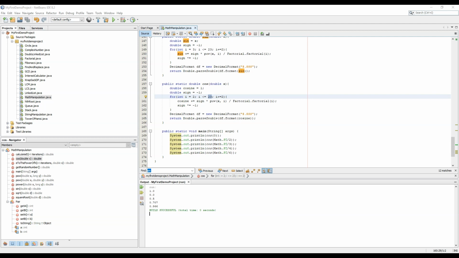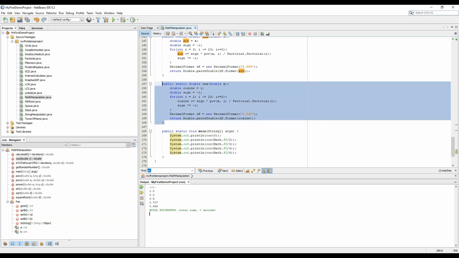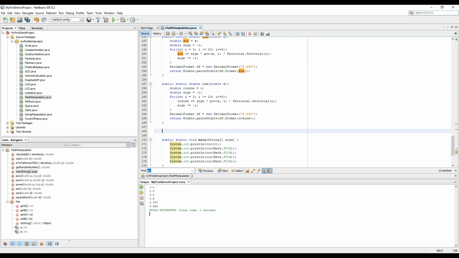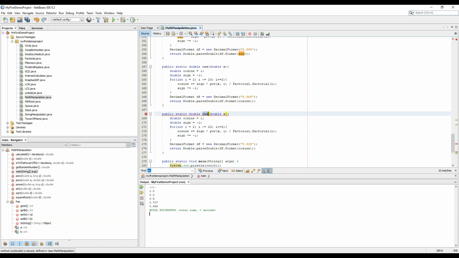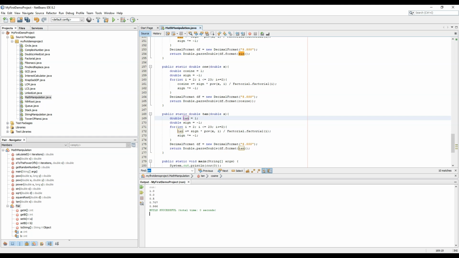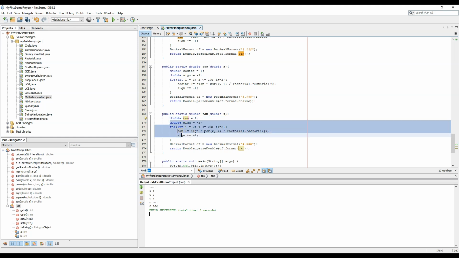So the property of tan function is that tan function is equal to sine of x upon cos of x. So we will create a tan function by just copying the sine function. We can also calculate tan using the Taylor-Maclaurin series, but we will exploit this property of tangent. So basically tan of x is equal to sine of x upon cos of x. So we just rename it as tan and remove all this,